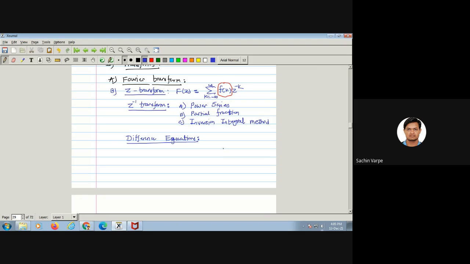So definitely there will be a question in question number 2a, first will be on application of linear differential equation. In question number 2b, there will be two sub questions. One is on Z transform, second is on inverse Z transform, and the question number 2c will be on difference equations, definitely, and that is compulsory.